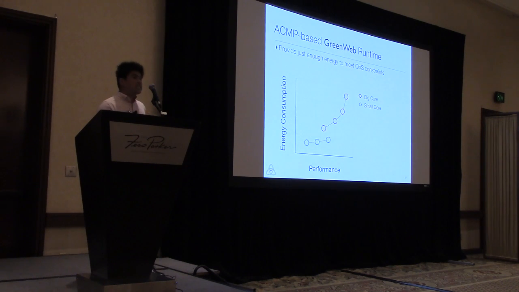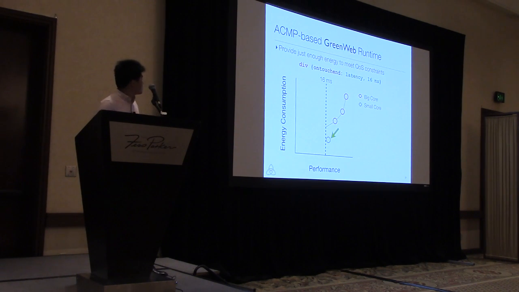So the idea of an ACMP-based GreenWeb runtime is to identify an execution configuration that provides just enough performance to meet the QoS constraints. So let's take this line of annotation as an example. The QoS target here is 16 milliseconds. And assuming that the 16 milliseconds line is over there, what the GreenWeb runtime will have to do is to identify the configuration pointed by that particular arrow, because that's a configuration that consumes the least energy while providing enough